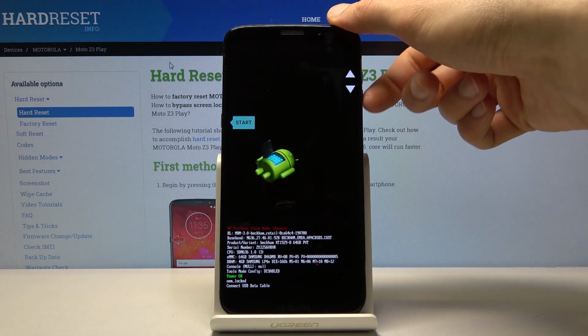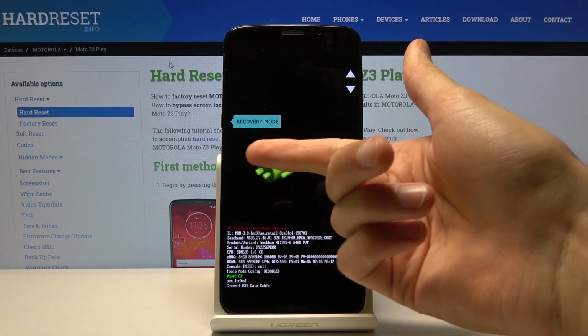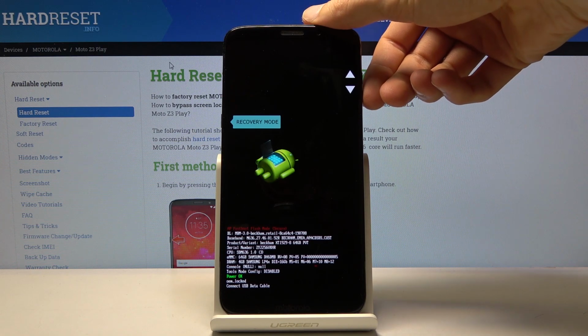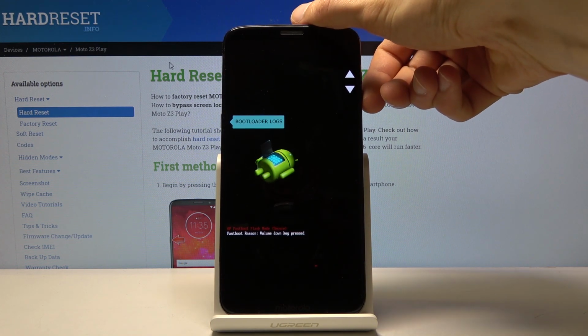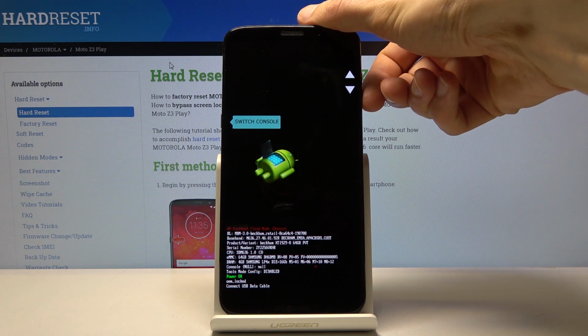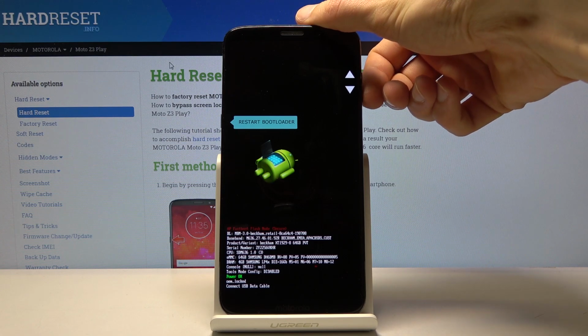So in here you'll use volume keys to navigate, as you can see with the arrows right here. And here is the selection that you will be picking. So you have a couple options. You have the bootloader logs, switch consoles, barcodes, start, which just goes back to Android, restart bootloader goes back here